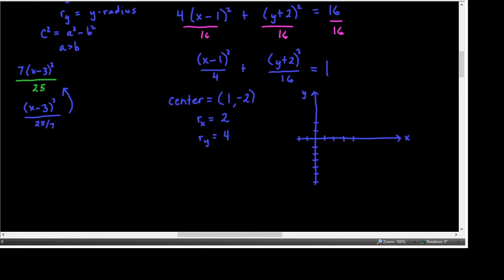All right, so the center is at 1, negative 2. The x radius is 2, so I'm going to move from the center 2 to the right and 2 to the left. The y radius is 4, which means I'm going to go from the center up 1, 2, 3,